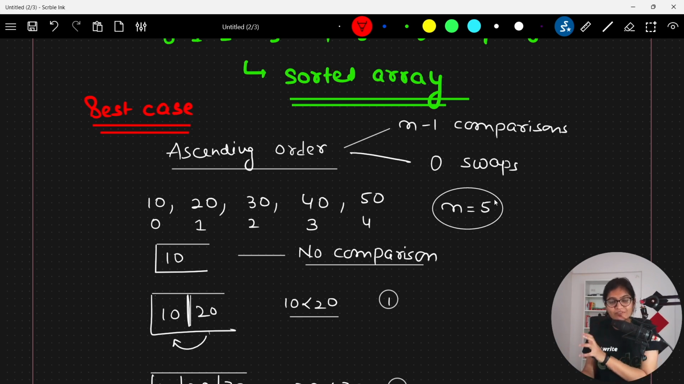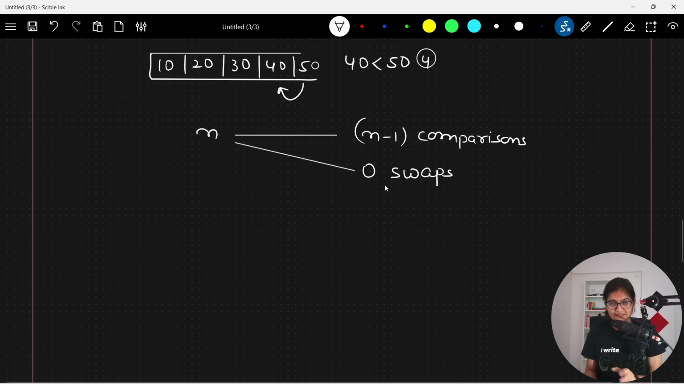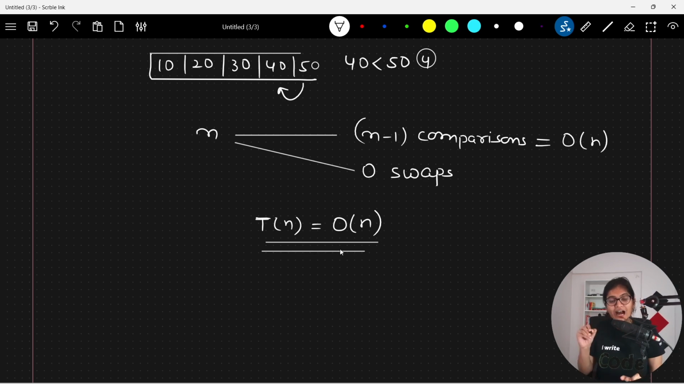Insertion sort will give the best case scenario. Why? Here our time complexity depends on 2 factors, comparisons and swaps. And here if you will see, it will be equal to order of n. Here it is 0 swaps. So overall the time complexity in an insertion sort will be equal to order of n